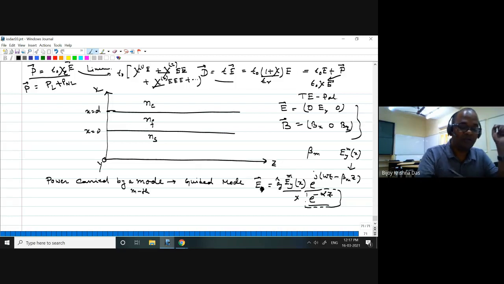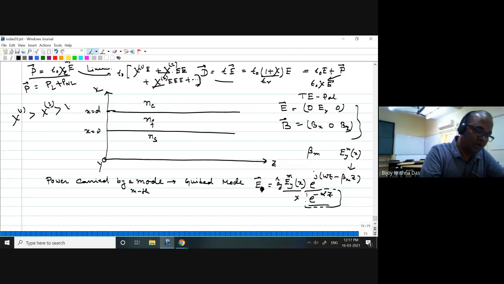In that case, chi 2, chi 3, all those types of terms will be dominant when your electric field is strong, because normally chi 1 is greater than chi 2, which is greater than chi 3. This is the normal case. So when more and more electric field strength is there, you cannot ignore the chi 2, chi 3 terms. Once you use chi 2, chi 3 terms, it's a kind of two electric fields we are writing together, and they are vectors.